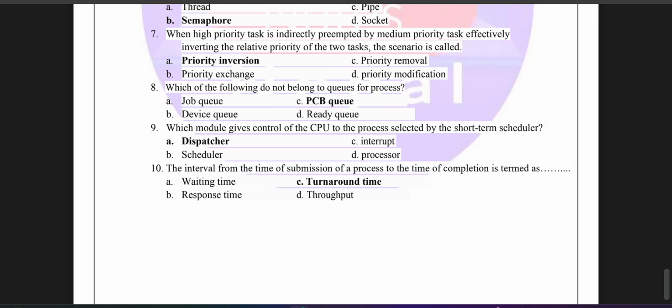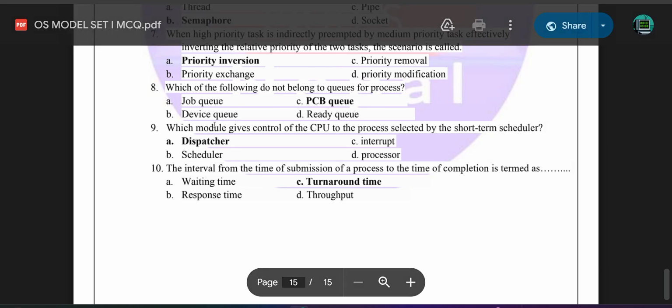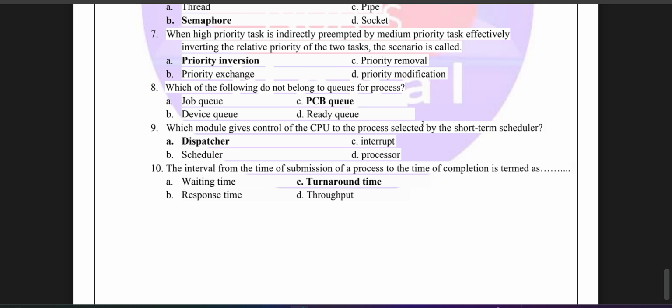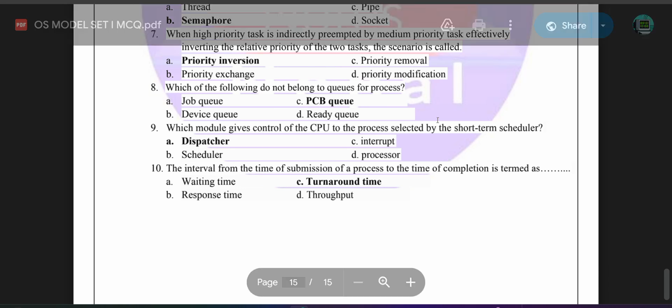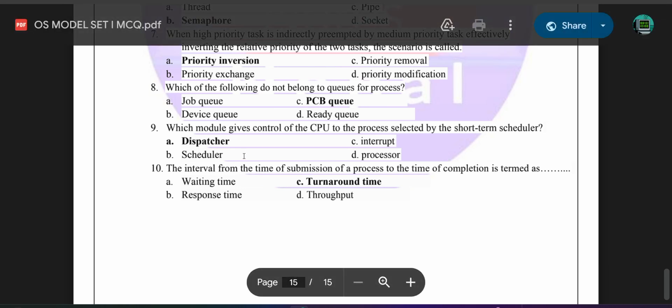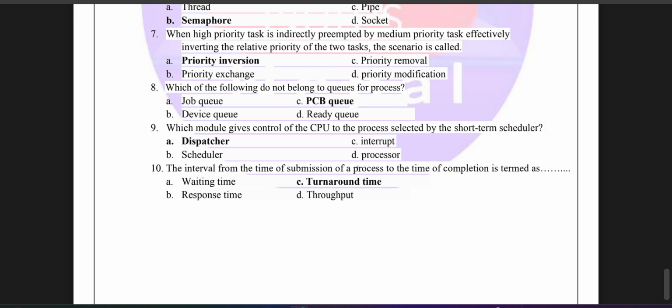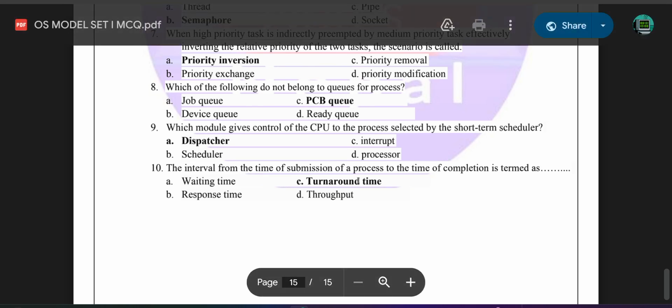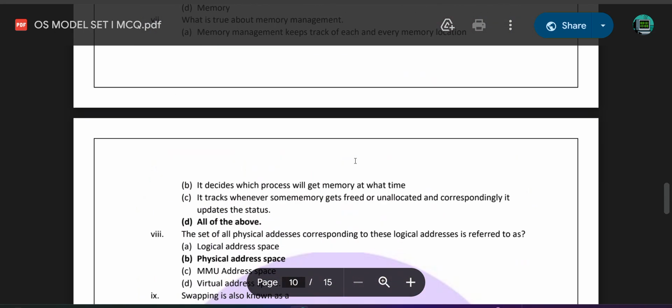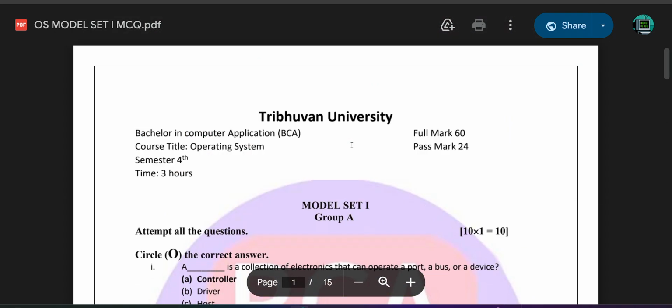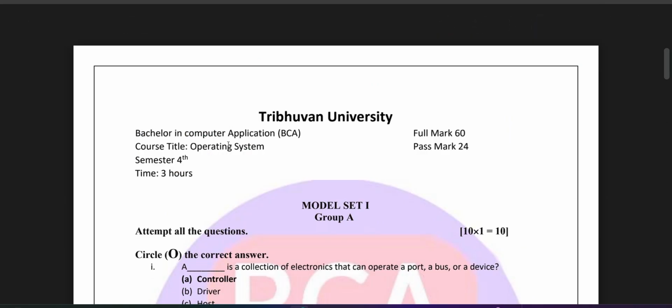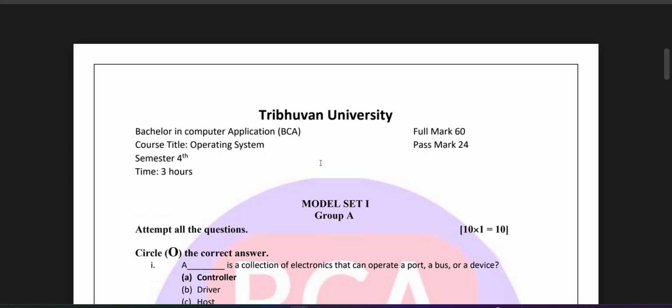Which of the following do not belong to the queues for the process? PCB queue. Which module gives control of the CPU to the process selected by the short-term scheduler? Dispatcher. The interval from the time of submission of the process to the time of completion is termed turnaround time. Okay, आजको हाम्रो स्क्रिप्टिङ ल्याङ्ग्वेजको अपरेटिङ सिस्टमको कुराहरू पढेको छ।